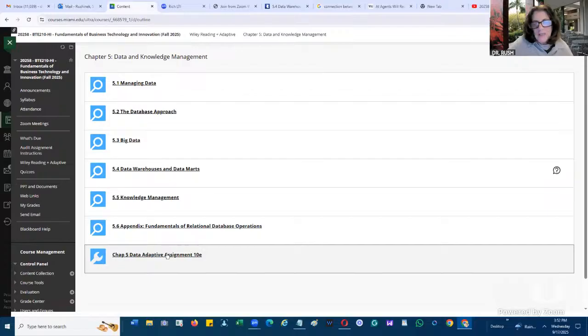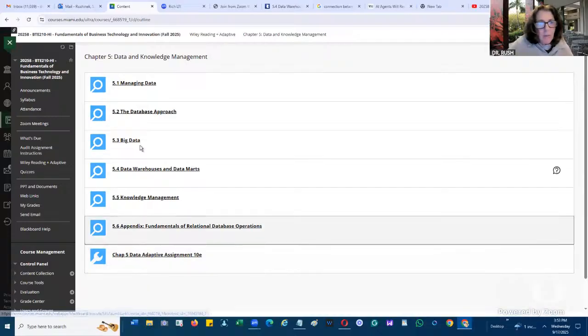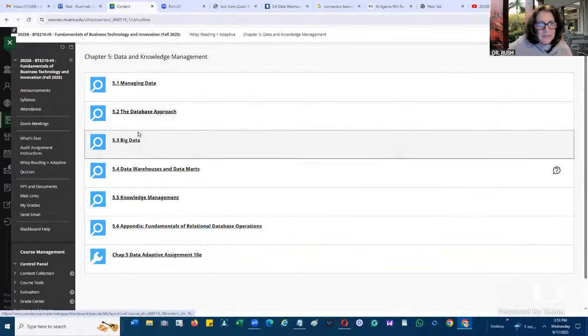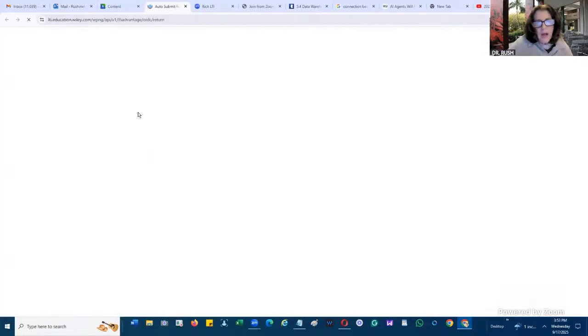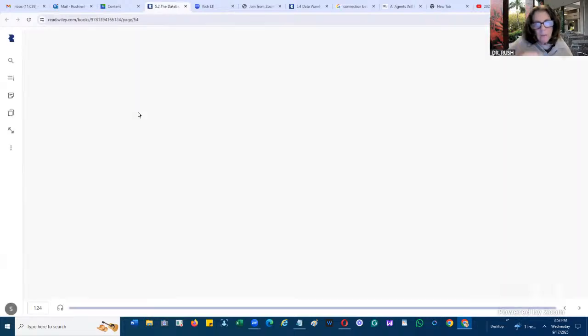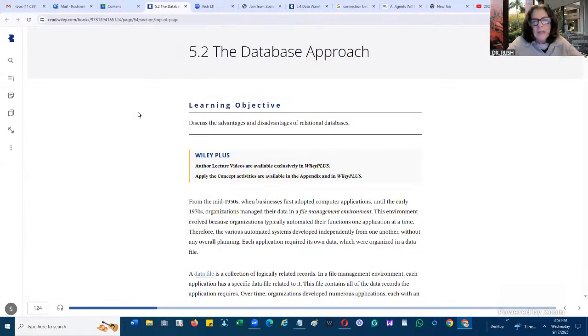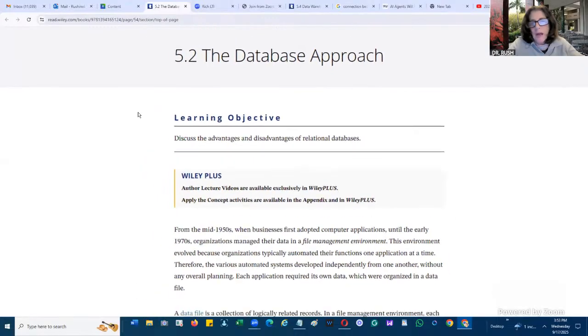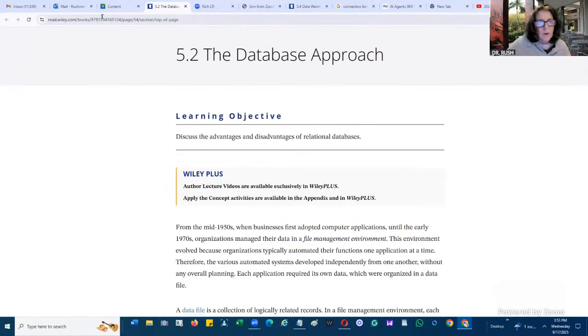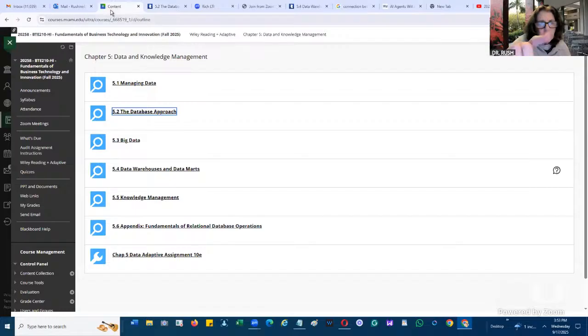I made sure that all my quizzes worked, Daniel. That's why all the adaptive ones work. But if I go to, let's say, the database approach, I'm going from Blackboard to the database approach right here, and I'm going to the textbook. In order for me to do it right now,